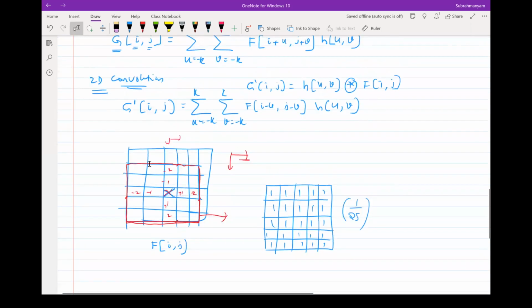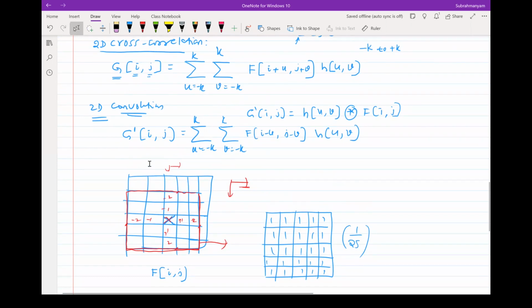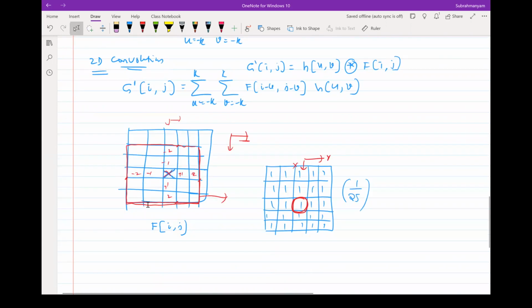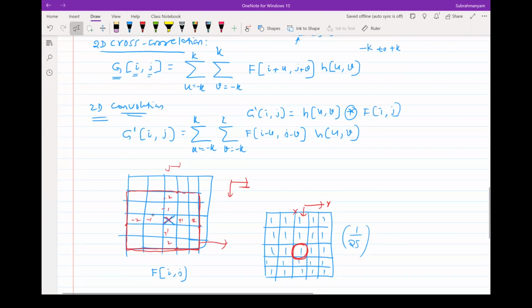Then what you need to do, simply wherever, so where is the center of this? This is the center for this. So from here you have this being y, or this being x, or it could vary, it doesn't really matter. So then you keep that here, then you multiply the corresponding elements, sum them up. That is essentially what this operation is doing.